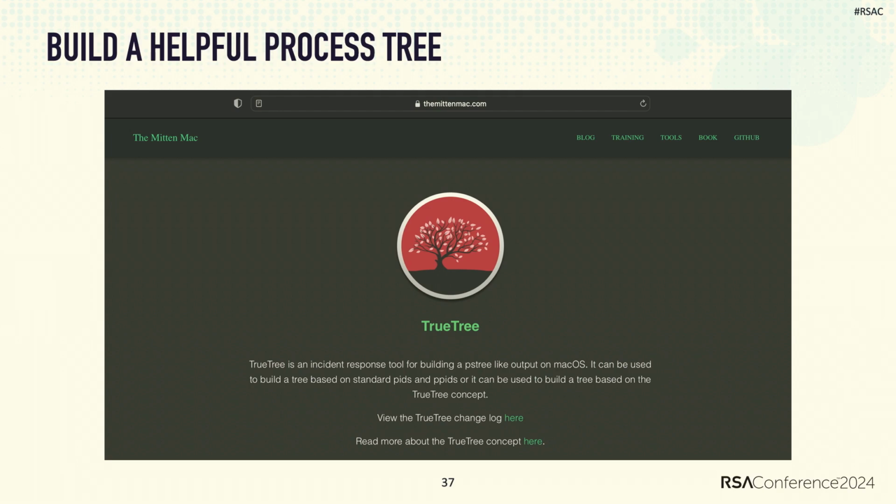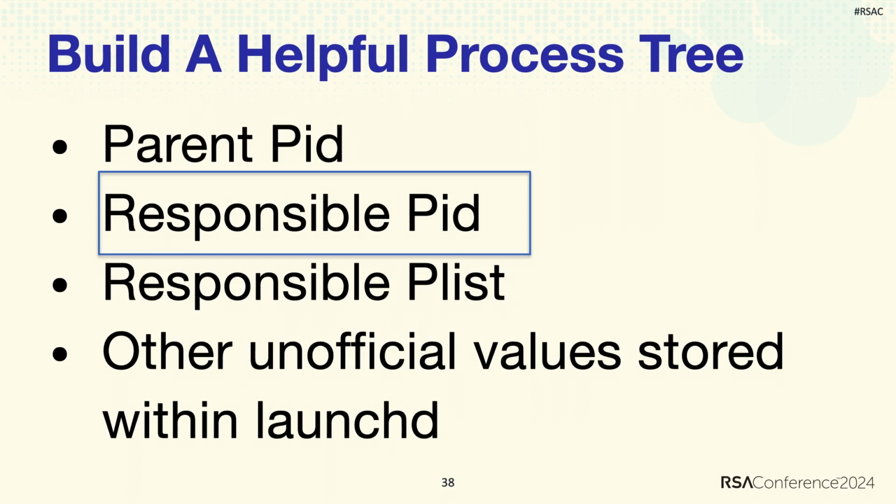But the question remains here: how is TrueTree actually telling what these parents are? How is TrueTree getting the lookups for what their actual parents are? Well, there's a couple different items that I use to connect the dots with TrueTree. One of the ones that I'll put a lot of focus on here is the responsible PID.